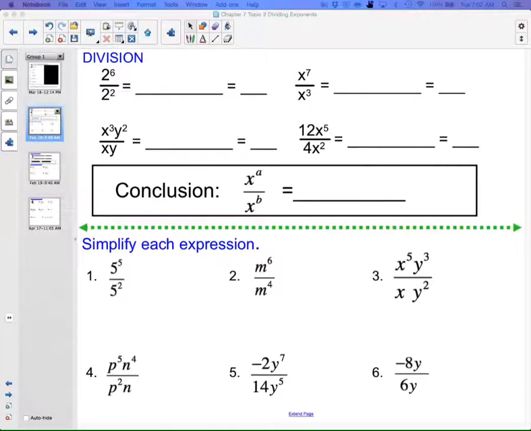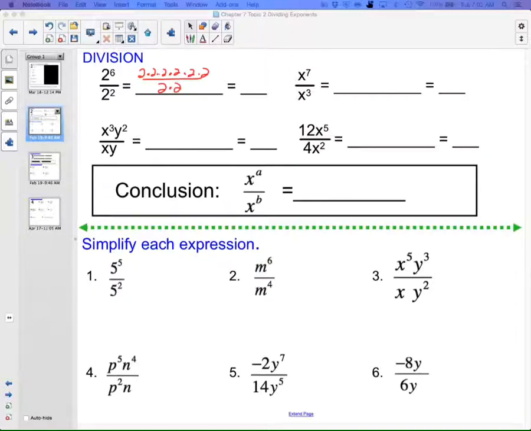Okay, for Chapter 7, Topic 2, we're going to be dealing with dividing powers and some of their properties. So for the first one, we're looking at 2 to the 6 over 2 squared. That's kind of like 2 times 2 times 2 times 2 times 2 times 2